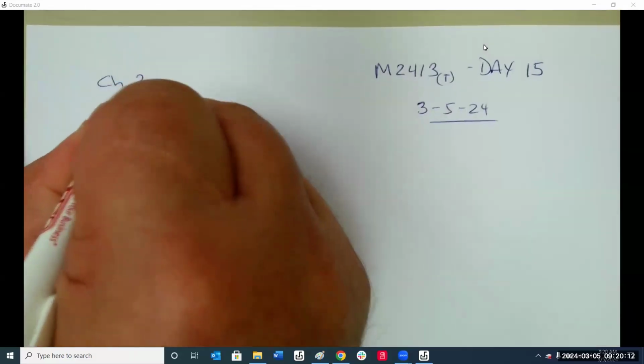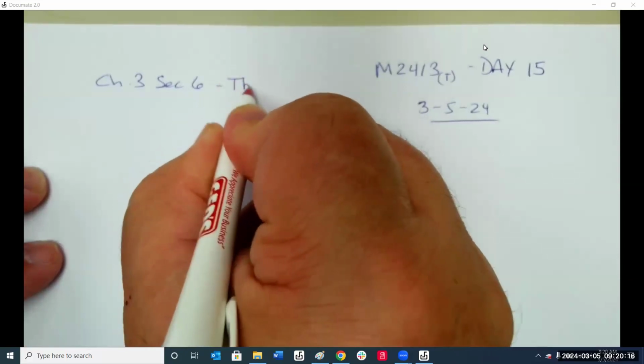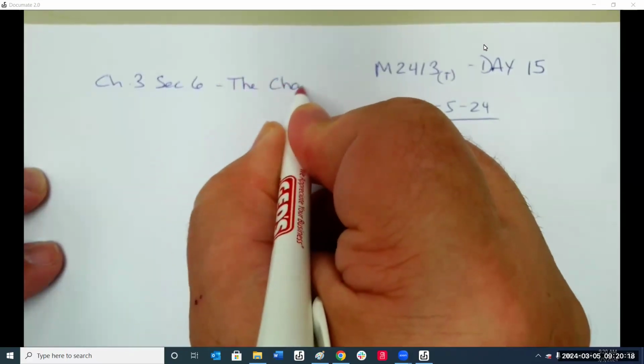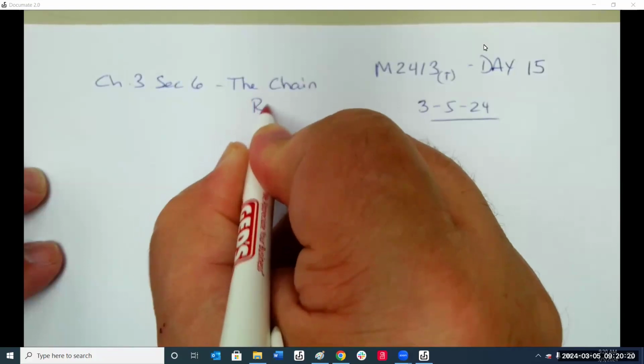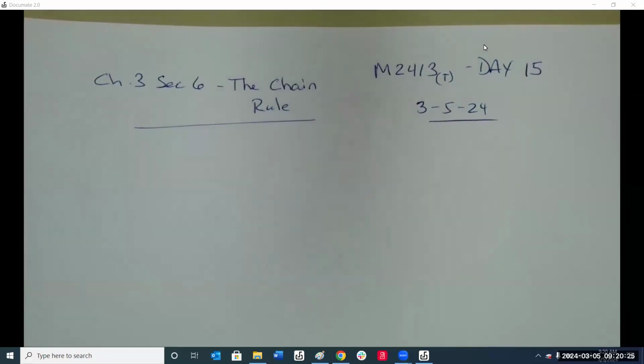This is 3.5.24. Now we're looking at chapter 3, section 6, the chain rule. This rule is going to help you more than anything, because what this one looks at